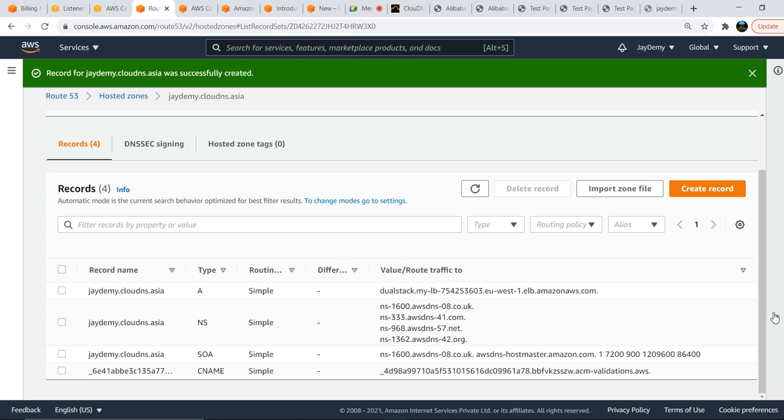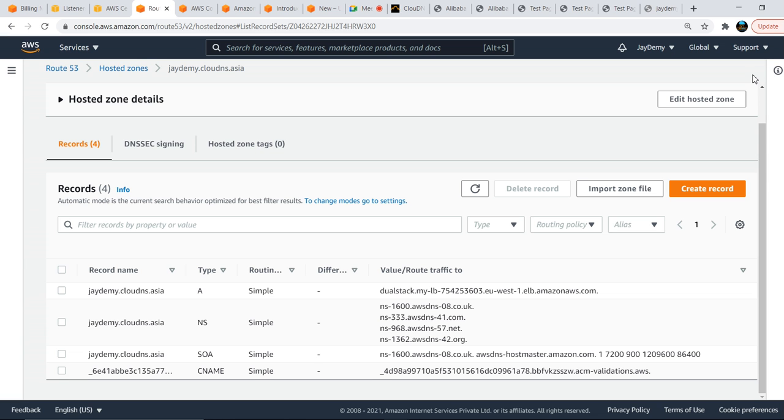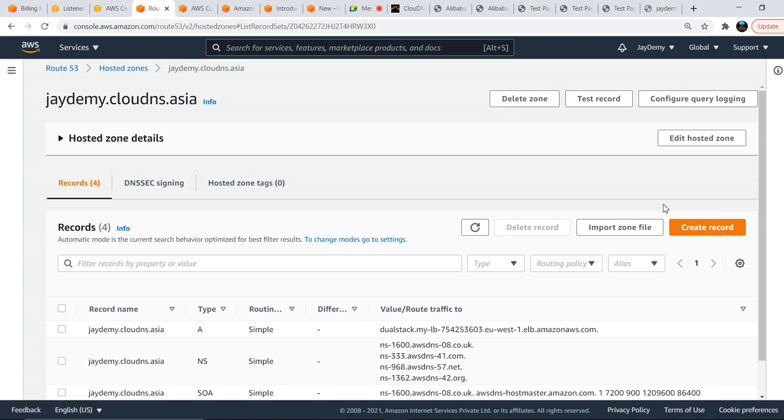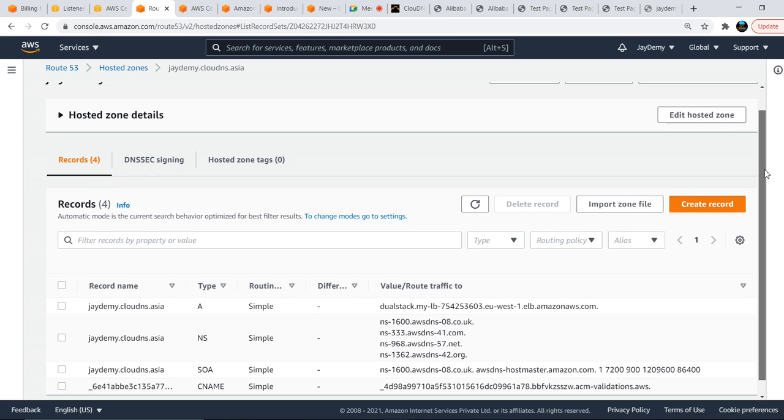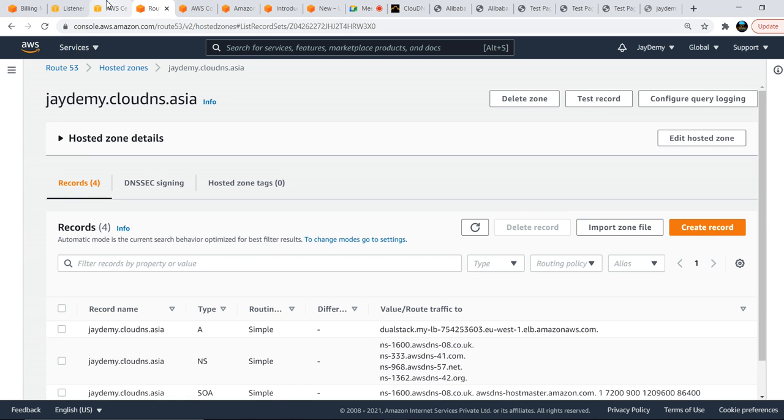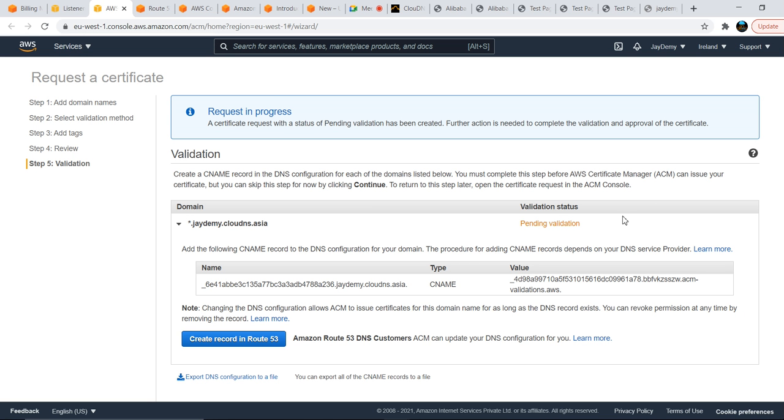Why have I created it? This is something we need in order to validate the domain, to get the SSL certificate from AWS or any other domain provider. If you are getting any SSL certificate, you need to validate it in either of the two ways, DNS or email validation. Still it is in pending validation.